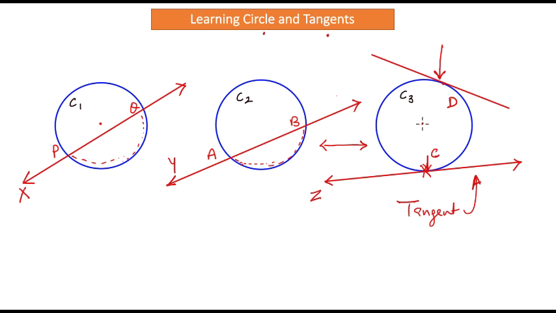And the second thing is that if you were to connect the center to the point at which tangent is being drawn on the circle, then the angle formed between the radius and the tangent is always 90 degrees. Okay, so that's a property of tangents to a circle, right? Now, you have learned about what is a tangent and how a tangent makes an angle of 90 degrees with respect to the radius of a circle.